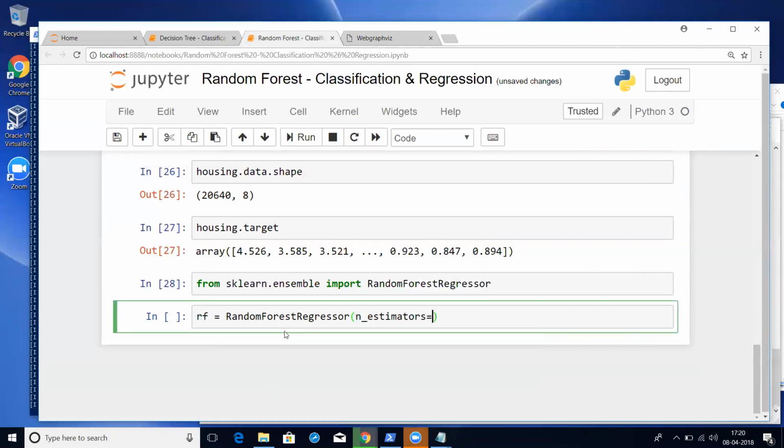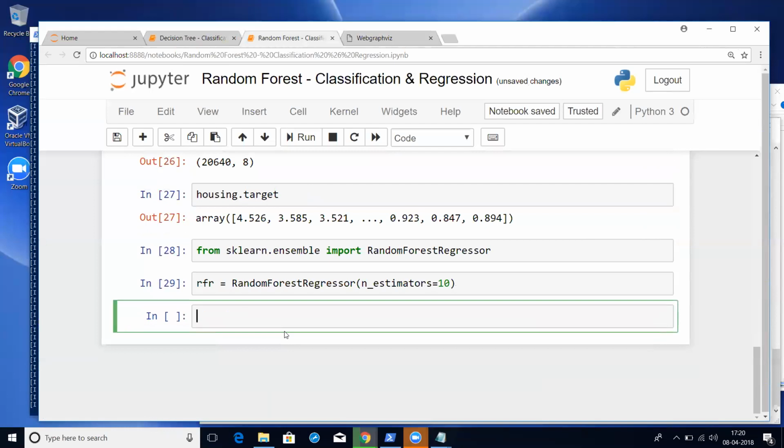Random forest regression we are importing. Random forest regression we are using, because this is a regression problem, right? Target data is continuous. Housing data, your price data is this. Yes, or this is your pricing data. Okay. Therefore,